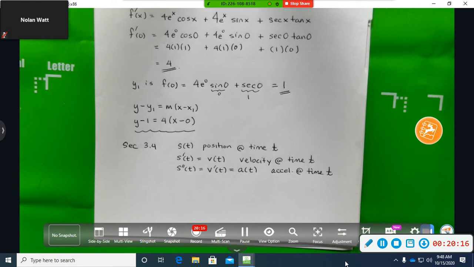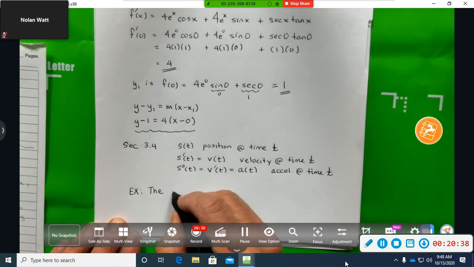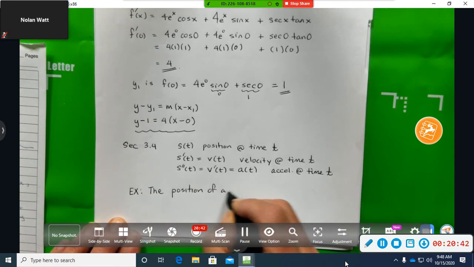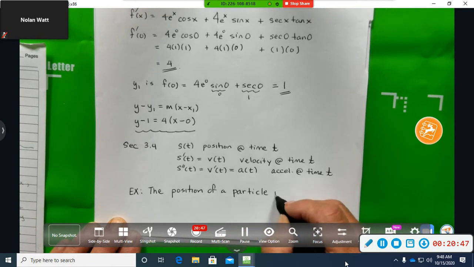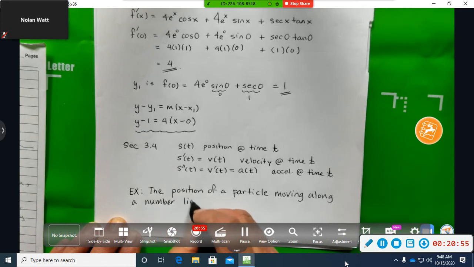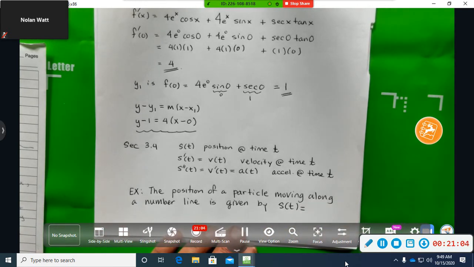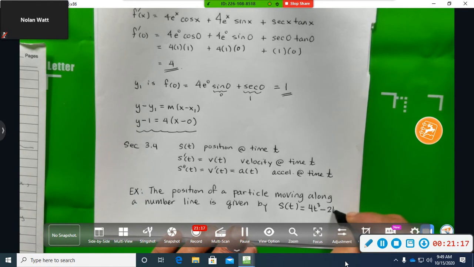I've got a nice one that we can learn. So let's assume that the position of a particle moving along a number line is given by s of t is equal to 4t cubed minus 2t squared plus 5